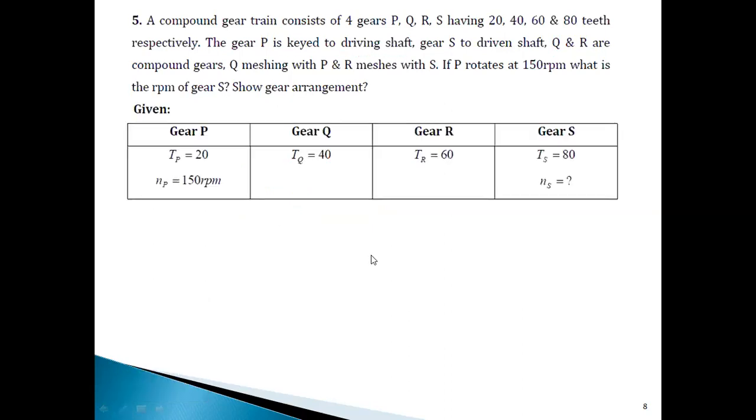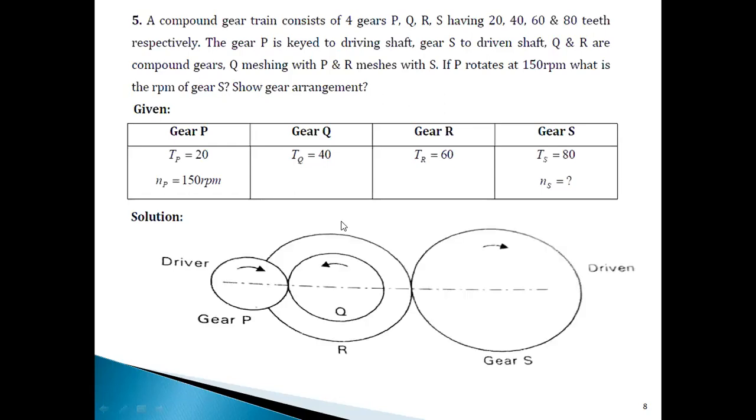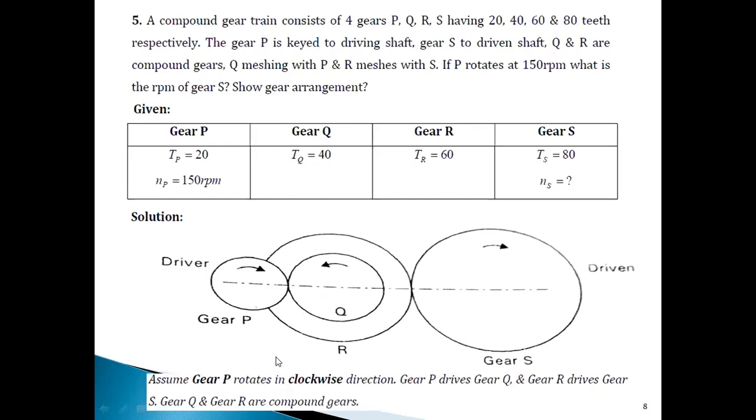So the given conditions we have noted here regarding TP, TQ, TR, TS. He has given the speed for gear P. We need to find the speed for gear S. Next thing, we will complete the sketch. So you can see here, as I was telling you, P meshes with Q. Q and R are on the same shaft. Yes, these are the dotted lines. You cannot see gear R as it is behind gear Q, but R meshes with S, you can see at this point. So now the directions they have assumed: P rotates in the clockwise direction, Q and R in the anti-clockwise, and R is driving S, so S rotates in the clockwise direction.